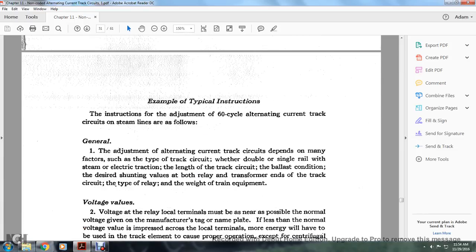Or an example of typical instruction. The instruction for the adjustment of the 60-cycle alternating current track circuit of the steam lines is as follows. 1. General. 1. The adjustment of the alternating current track circuit depends on many factors, such as